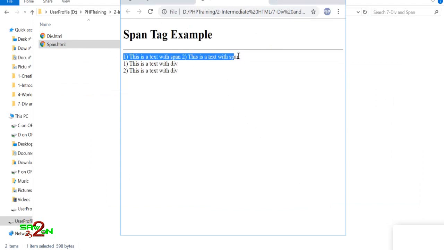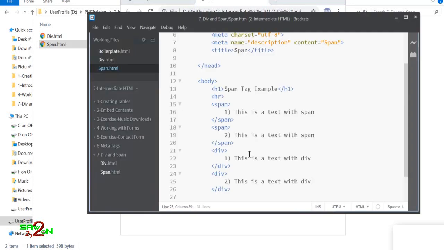Span tag does not add new lines, whereas every div tag that you write will embed a new line. So that's the only difference between span and div, and in most cases you will go with div. Basically div will give you a new line so that you have a new block to start with. In case you don't want any blocks, you just want running text without new lines, then you can go ahead and use the span tag.